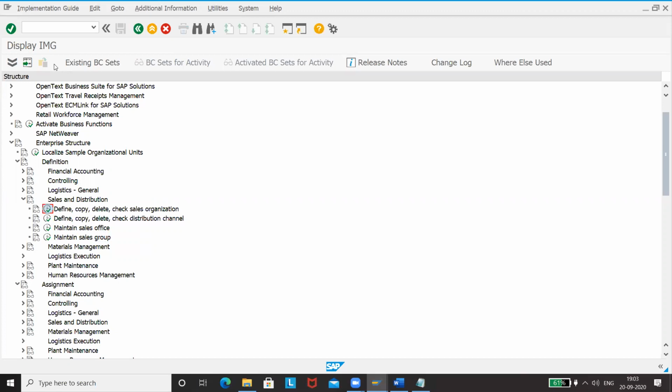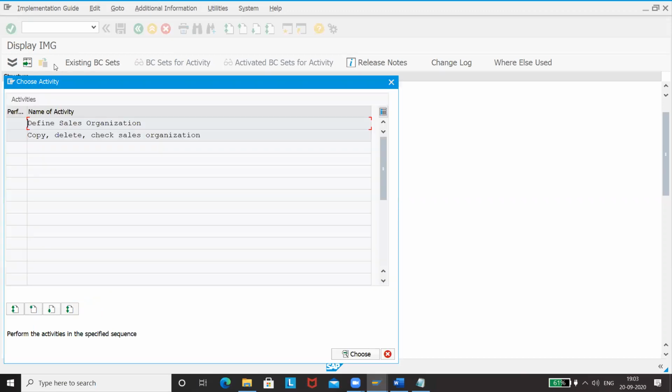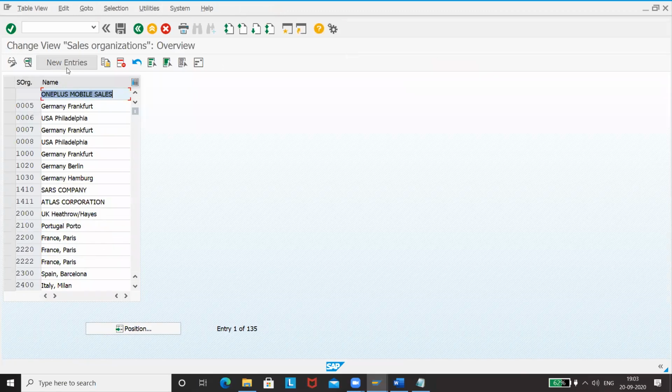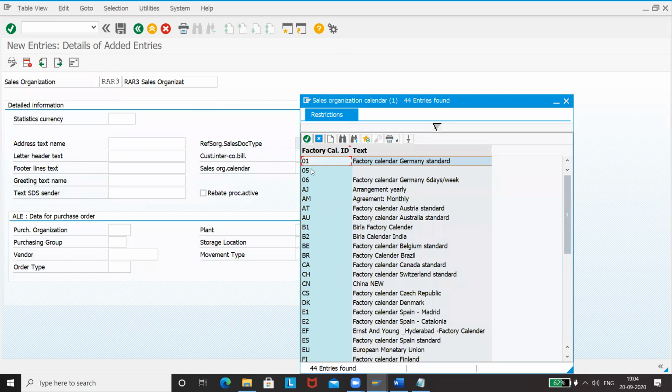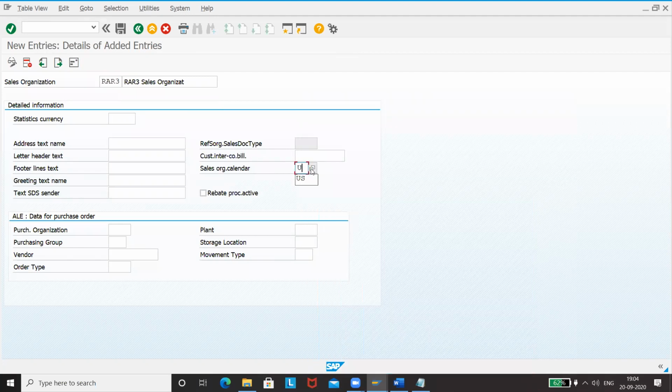This is also quite similar to what we've maintained earlier. You have to just click on RA3, give name RA3, sales organization. And of all these things, what is important is this calendar. Please give a calendar, as there are various calendars already defined. The most standard calendar used by any organization is the year calendar. So please also use the year's calendar.